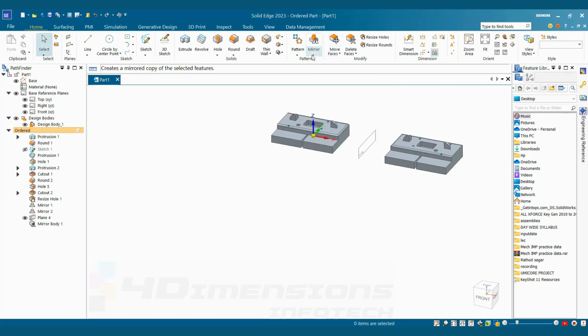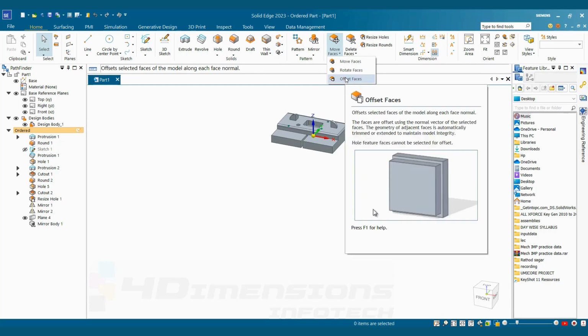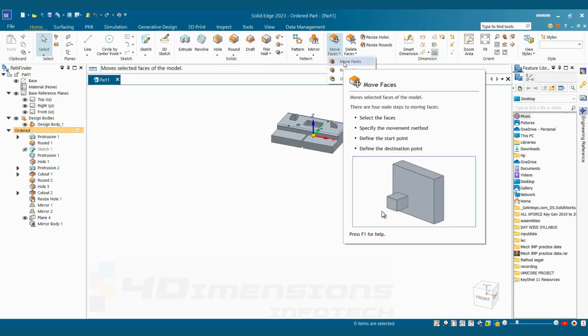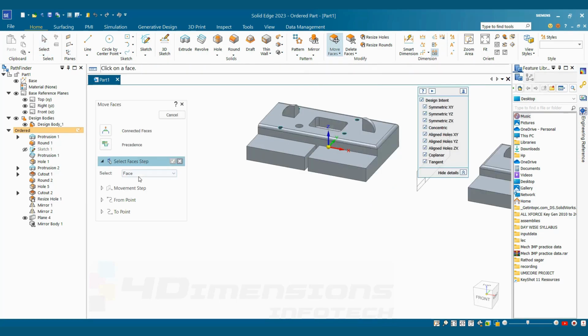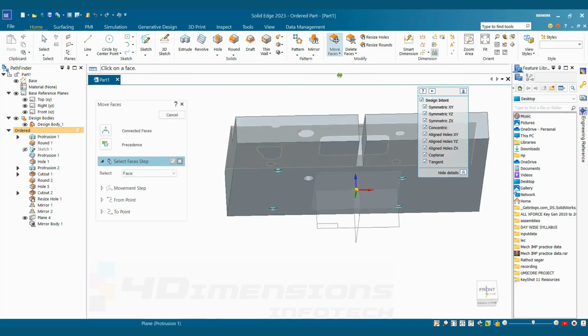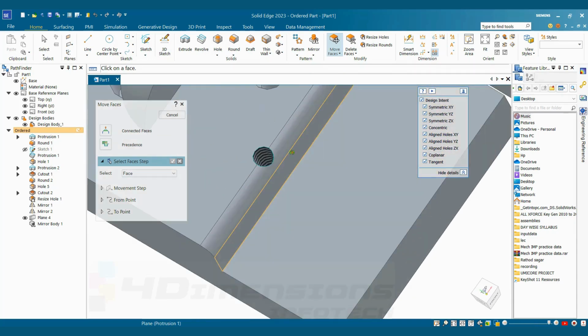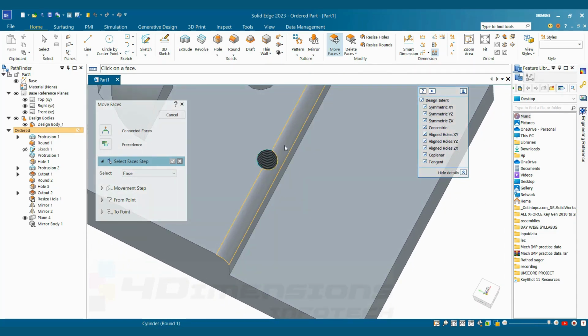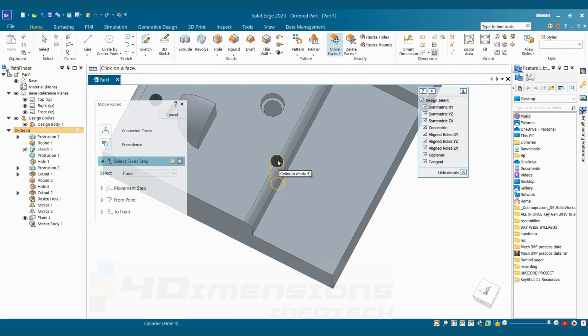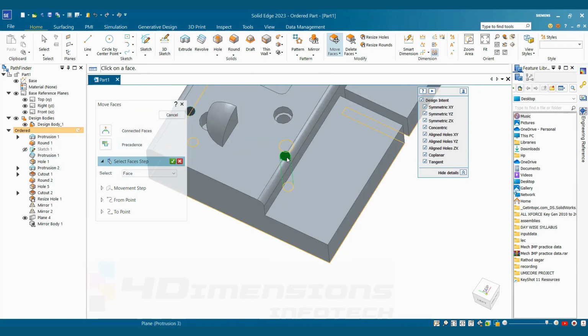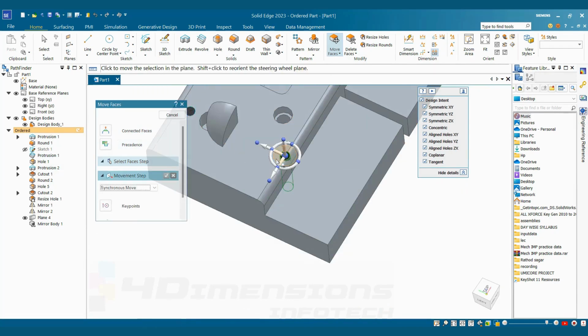Next command we are going to see here is move face, rotate face and offset face. To start with I am going to select this move face option. It will ask you to select the required face you want to move. Now you can see I have given this tap hole on the radius here. So I want to move this tap hole a little bit to the left side. For that I am going to select this face, say OK, and you just need to drag this arrow